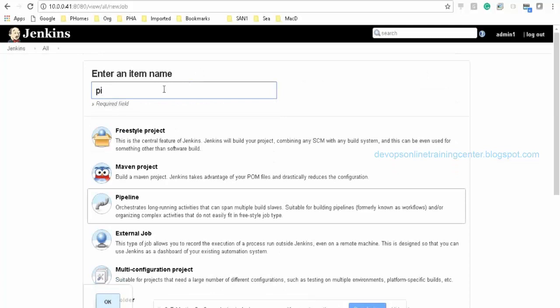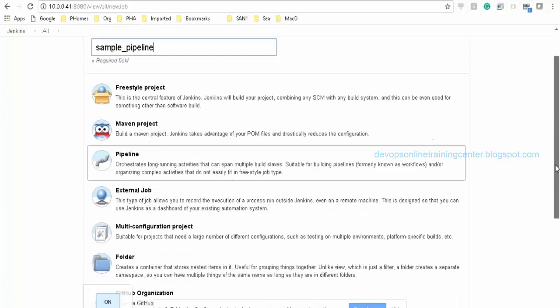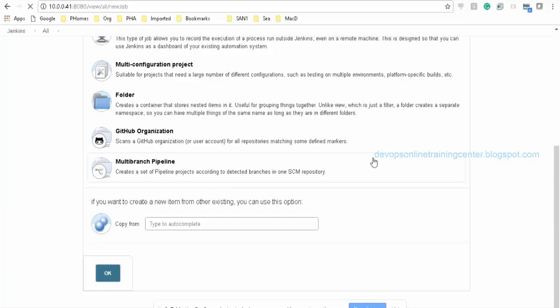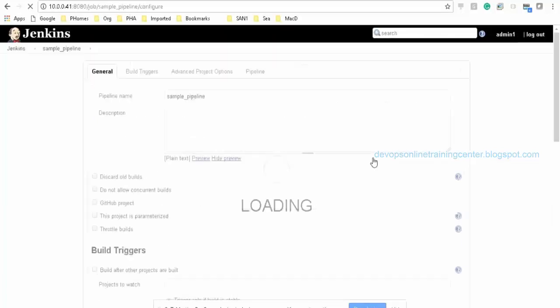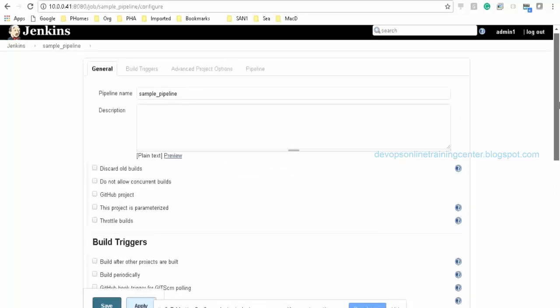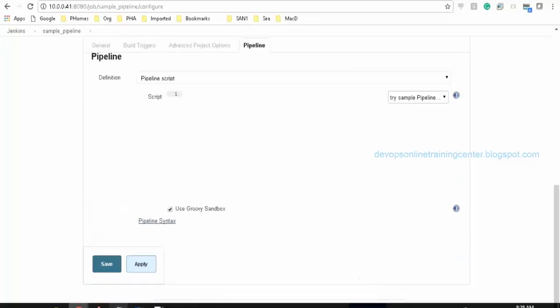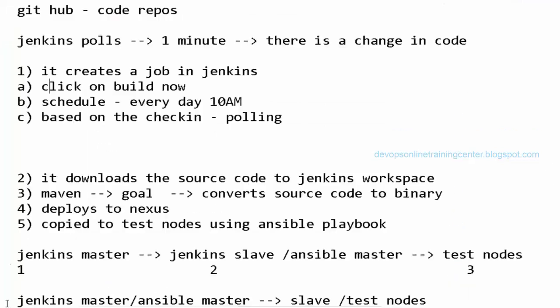I'll just say sample underscore pipeline. So here, what happens is we write everything in code. In a freestyle job, we have given everything in terms of plugins, right?